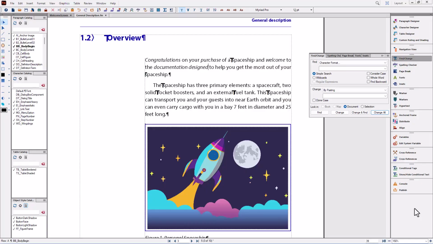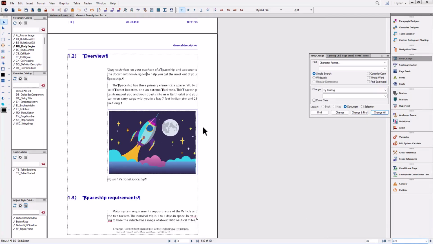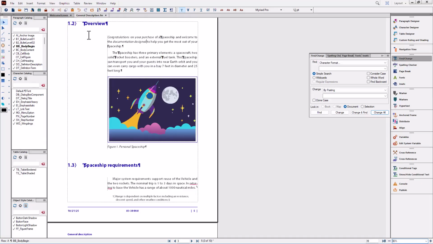Okay, so the last thing I want to cover is remove overrides, and I need to mess up this document a bit, so let me do that. I'm going to zoom out to a fit page in window view, and I'll just work on this page, that's fine. So good practice is when you modify a style definition, you update the style so it rolls through the